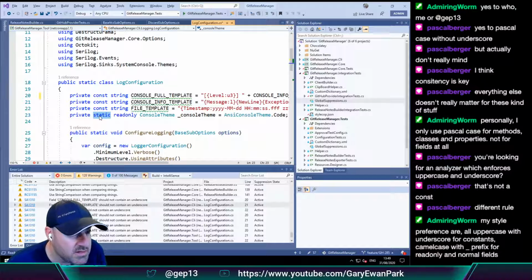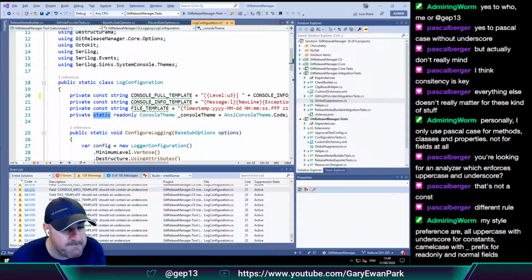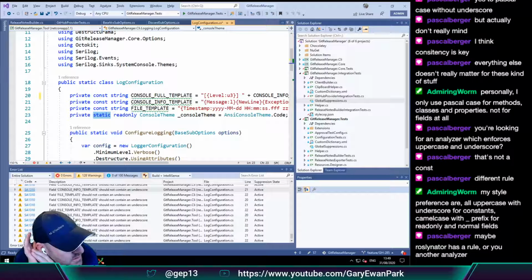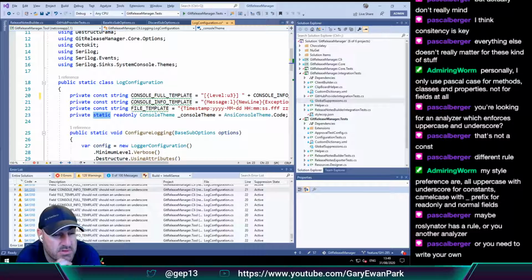Oh, it's because it's static as well. My style preferences are all uppercase with underscores for constants, camel case with underscore prefix for read only, and normal fields. Maybe Roslynator has a rule, or use another one, or you write your own. Maybe.